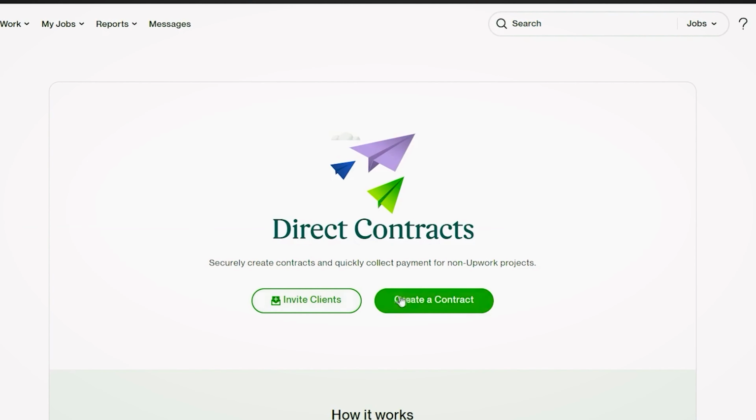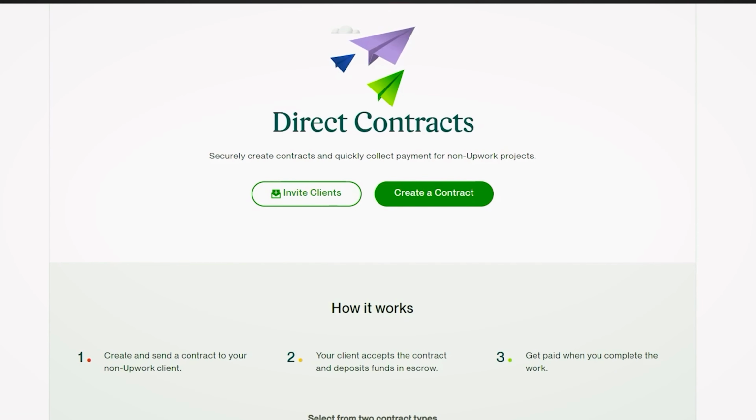So this time Upwork is not going to charge you 20%, as is the case when you're working with an Upwork client. Since this client is not an Upwork client, you are only bringing the client to Upwork just for the purpose of receiving payment, you would be charged only 3%. That is fair, because PayPal can charge you that high too, especially if you're using a business account. PayPal can charge you as high as 3.5% of whatever payment you receive.